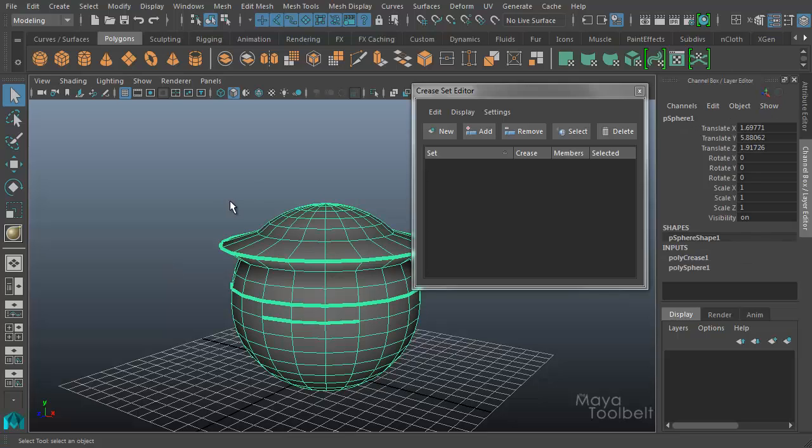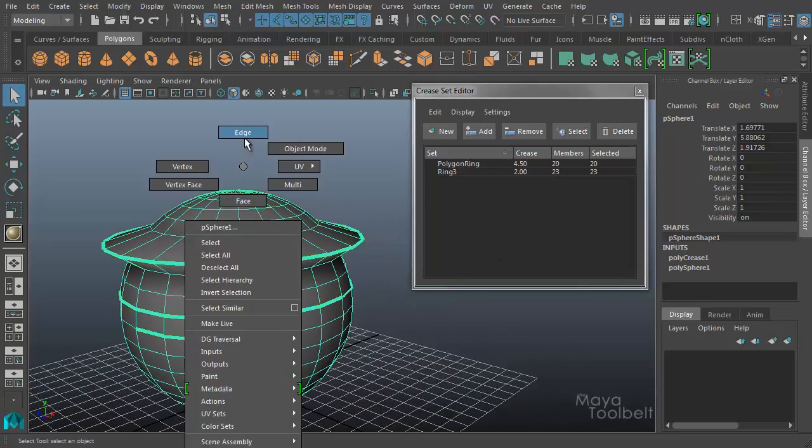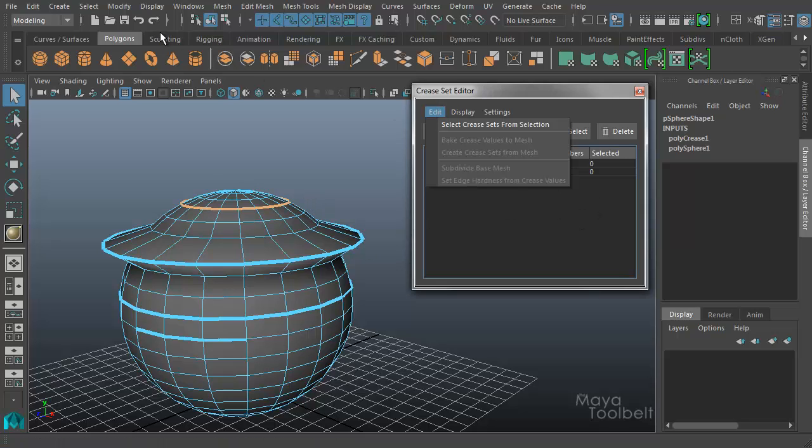Let me undo that. Keep in mind that you can have edges that are creased that are not a part of a crease set. Don't get too confused with that. If I right click and go to select another edge loop, mesh tools, and crease it, for example, it will not add it to the Crease Set Editor. So if I have a creased set of edges here that are not within the Crease Set Editor,